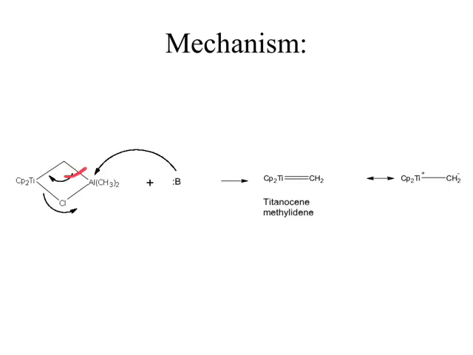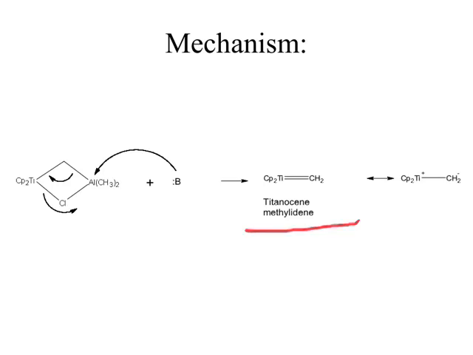These sigma electrons will shift between titanium and carbon to form a double bond, and the bond between titanium and chlorine breaks. So, your byproduct will be AlCl(CH3) twice. That will be your byproduct, and we get an intermediate which is titanocene methylidene.